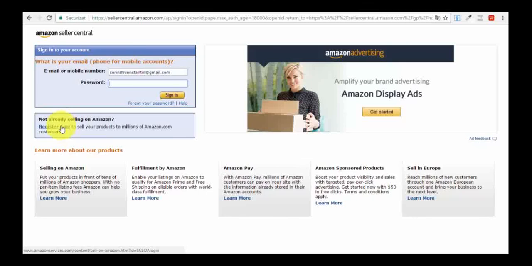You get the details, the address and everything, where you have to ship the product. Then you go on Gearbubble and make an order with the details of that person, and Gearbubble will deliver the products directly to that person. You just copy and paste the order from Amazon with the details of that person and put the order in Gearbubble, and that's it. Gearbubble will ship it directly to that client.